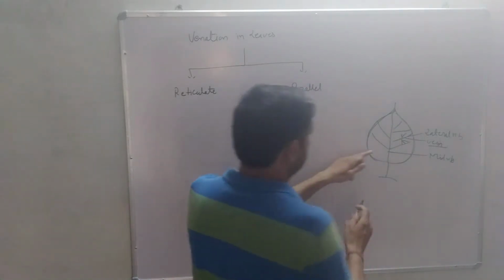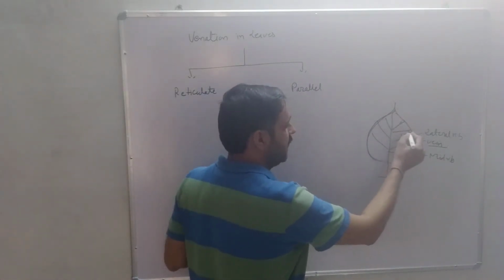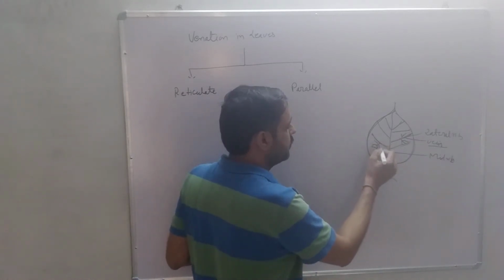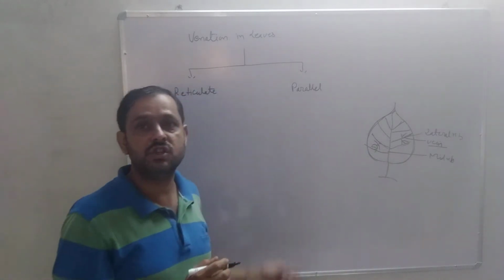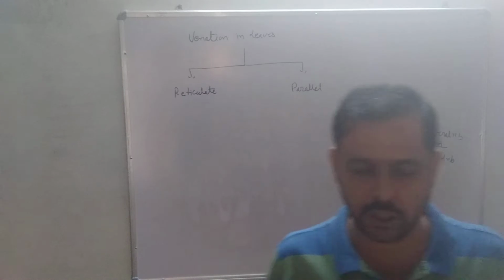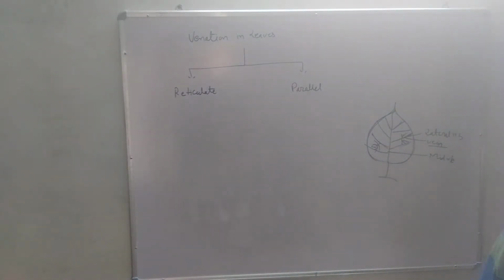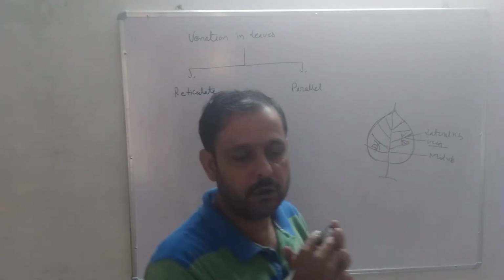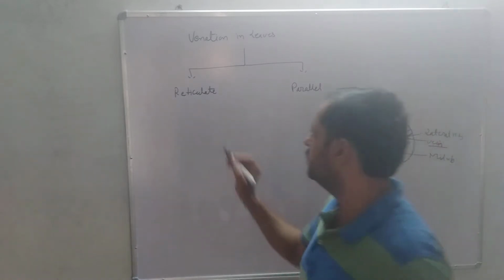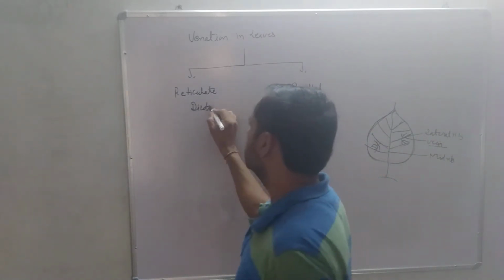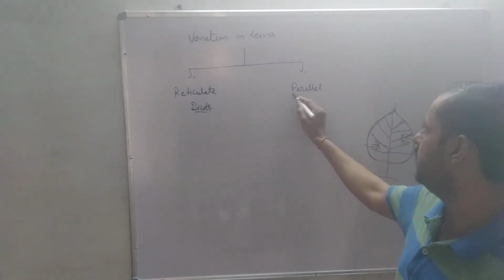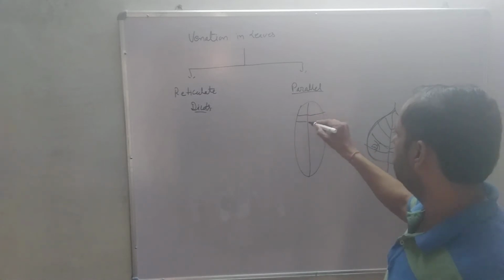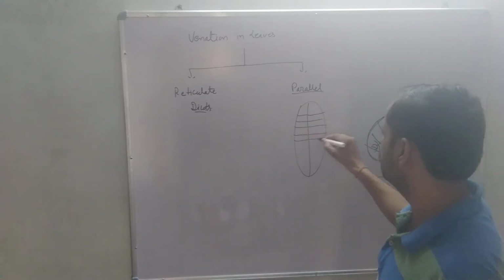Whenever lateral ribs are not parallel to each other and the veinlets make a net-like structure, then it is called reticulate. Veins are irregularly distributed without a definite pattern. Veins form a network in the leaf. Example, dicots or dicotyledons. But in parallel venation, we can see the midrib and lateral ribs are parallel to each other